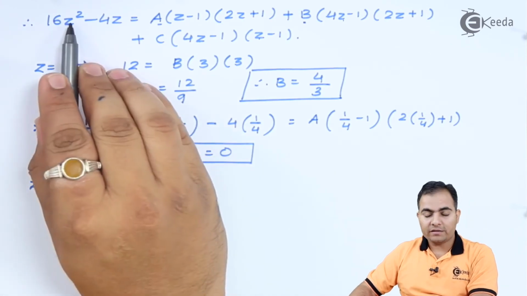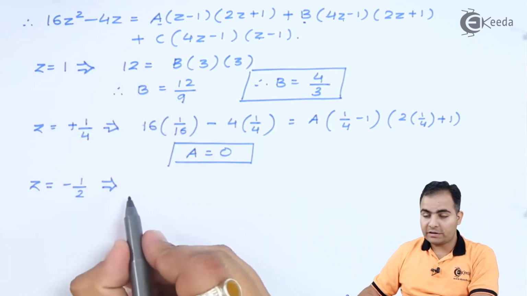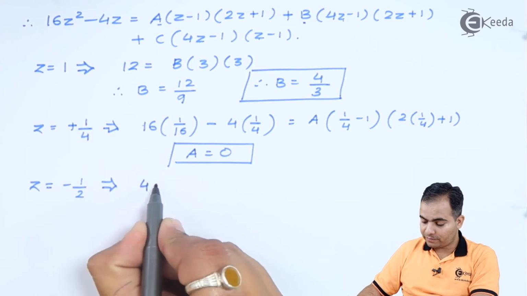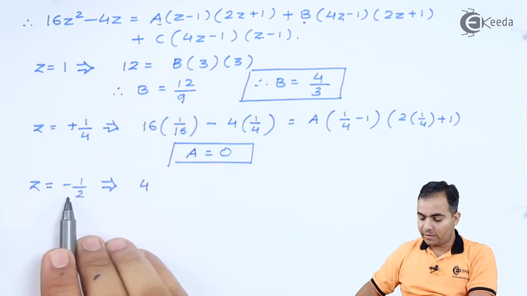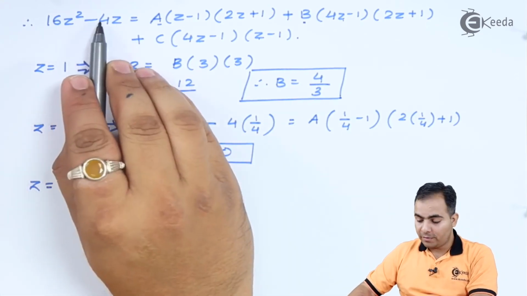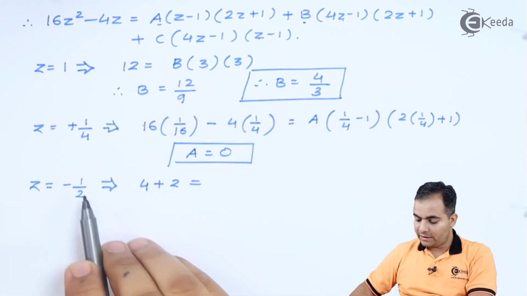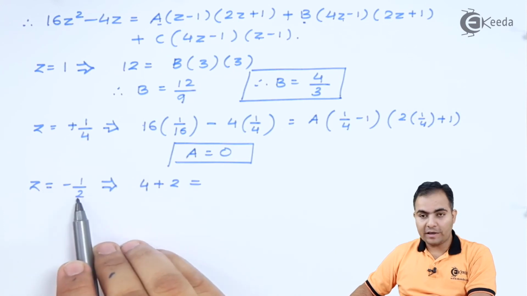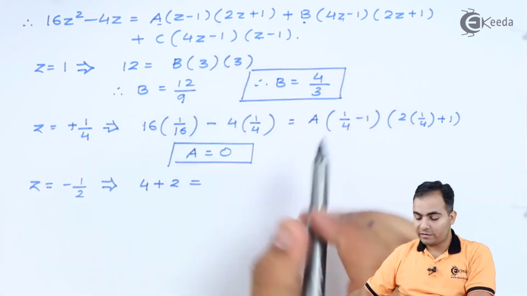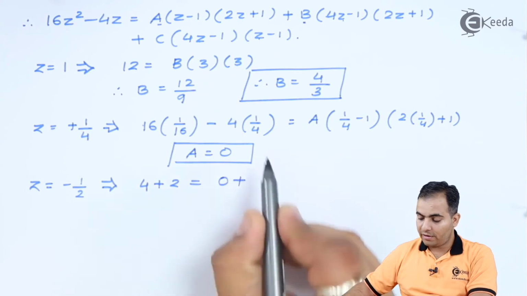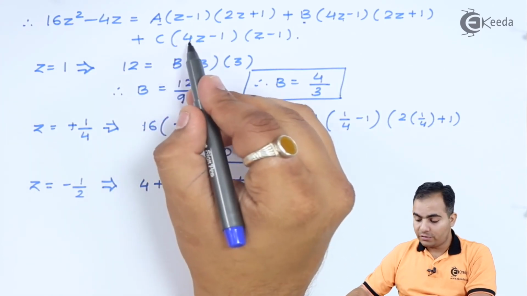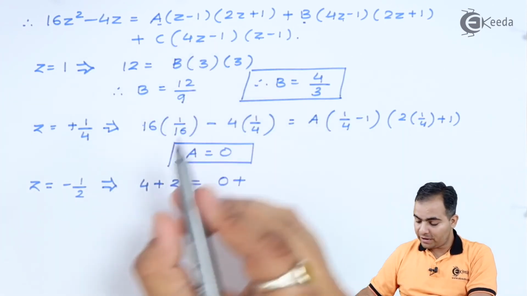Now minus half square is plus 1 by 4. So 16 by 4 is only 4. This z is replaced by minus half, so minus minus become plus, but 4 by 2 is 2. Now as I said, if I'm going to substitute z equals to minus half, then the A and B terms get replaced by 0, and we'll get the answer for C. So this z is replaced by minus half,